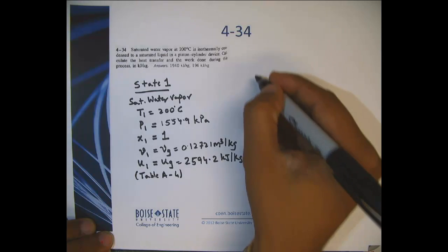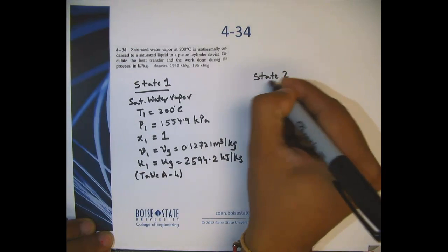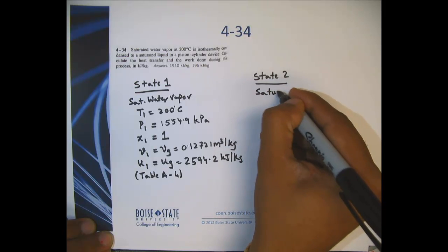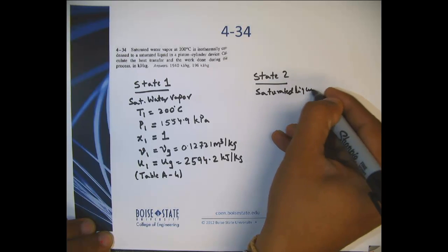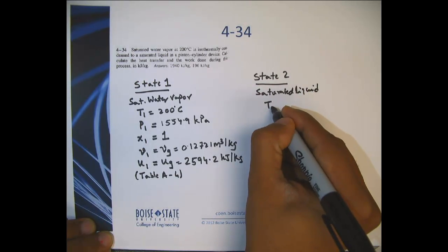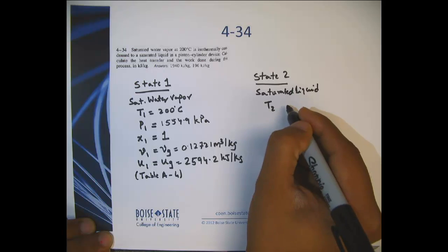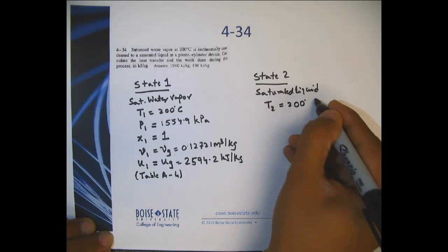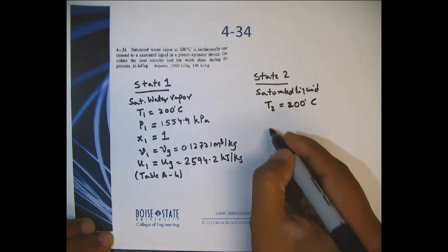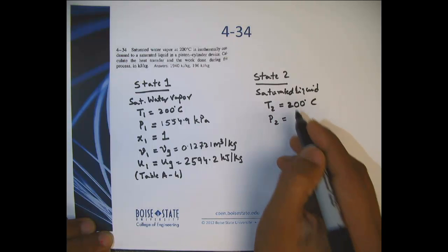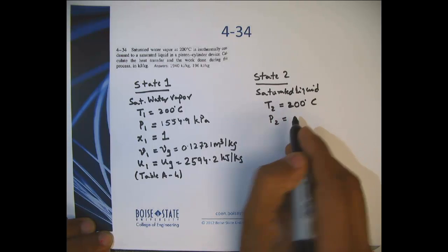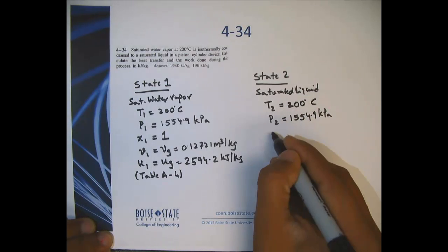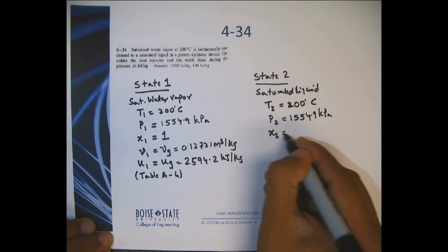Okay. Now let's identify state 2. So this is condensed to saturated liquid now, and it is an isothermal process, so it would be a constant temperature process going from state 1 to state 2. So that would mean that we have T2 at 200 degrees centigrade, and the saturation pressure we can determine again from the saturated tables, which would be exactly the same as found before. However, the quality now would be 0,